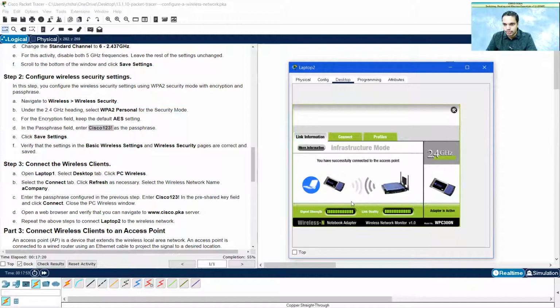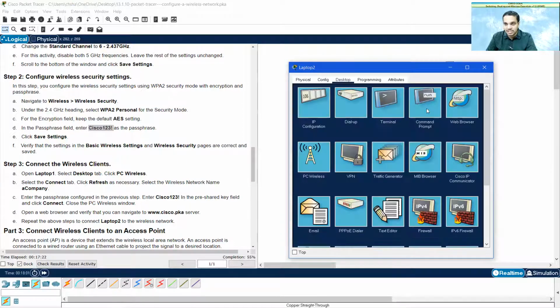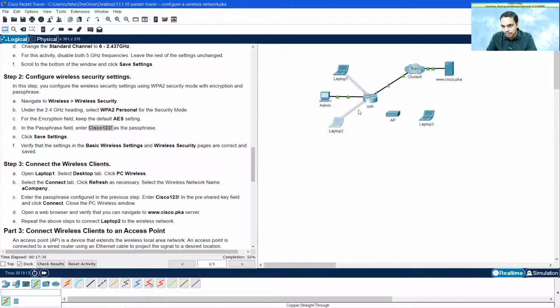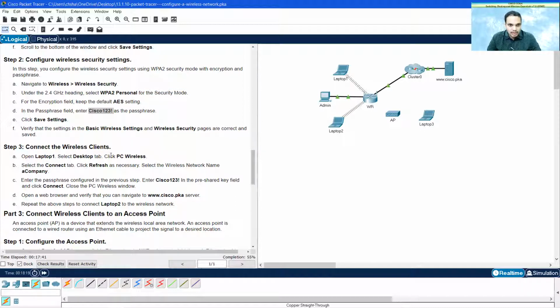Link information should show it is active. Yes. And just to cross check it, go to the web browser, type in www.cisco.pka. Once again, it works fine. Now you see the wireless connection is showing that there is a wireless connection between laptop 2 and your wireless router. So step 3 is done.